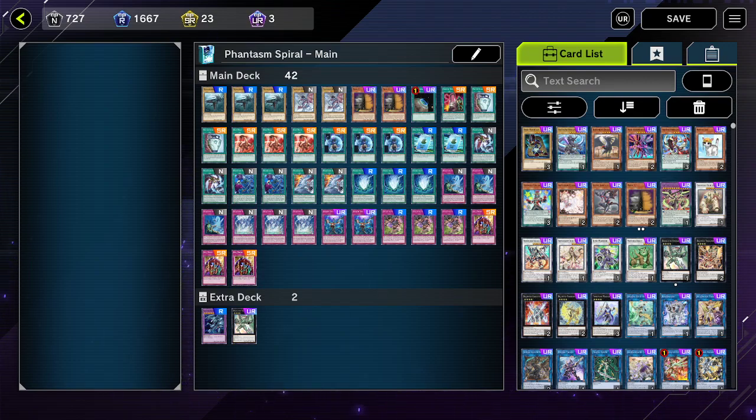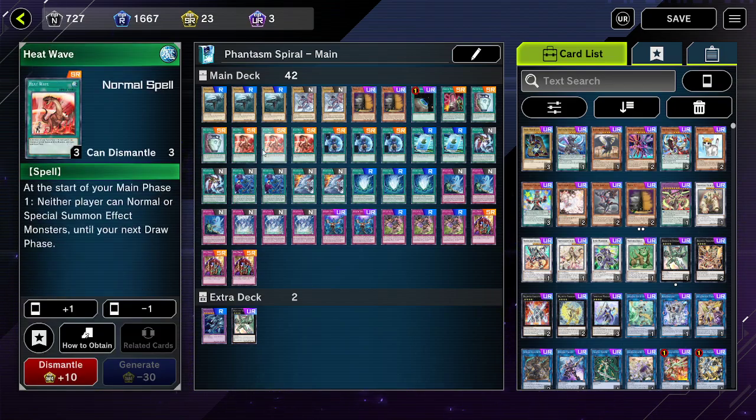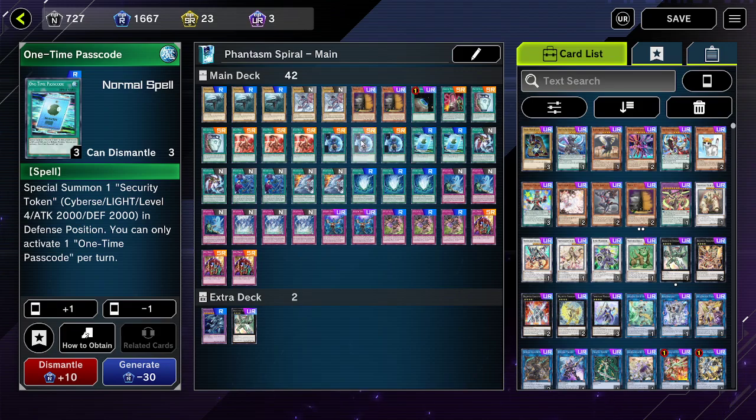Previously I had 2 Skill Drain, no Duality, no Heat Wave. Now I have 3 Skill Drain and 3 Heat Wave, 2 Duality. Heat Wave and Skill Drain just shut most decks out completely, giving you a completely free turn. A new addition, though, that I didn't really talk about in the last video,